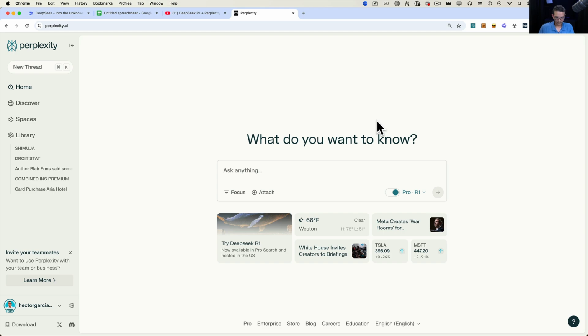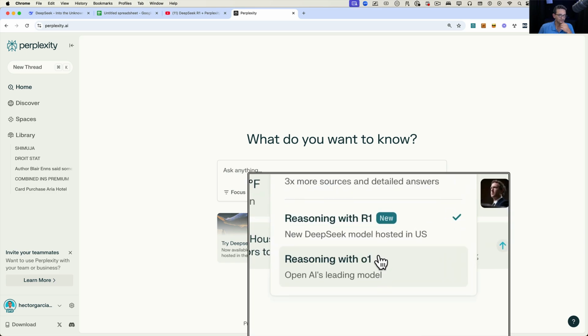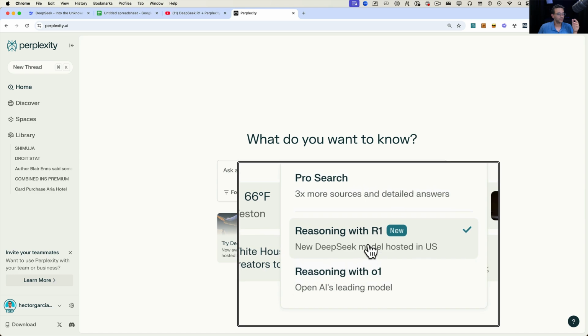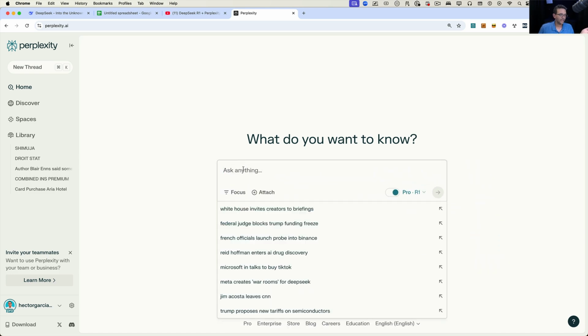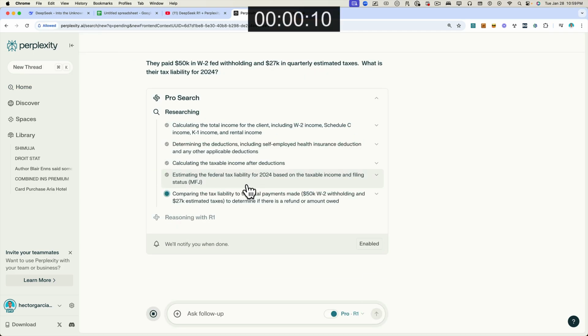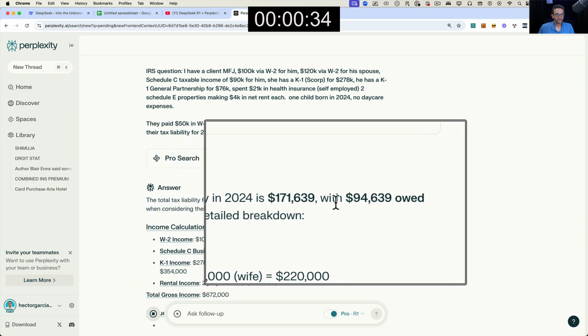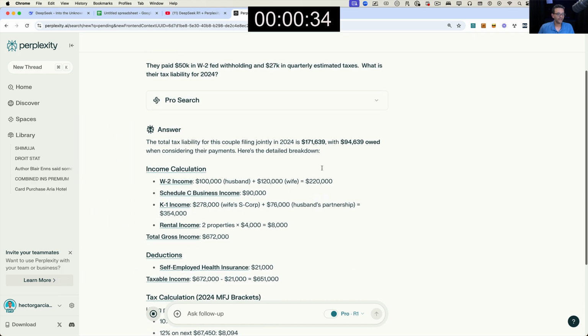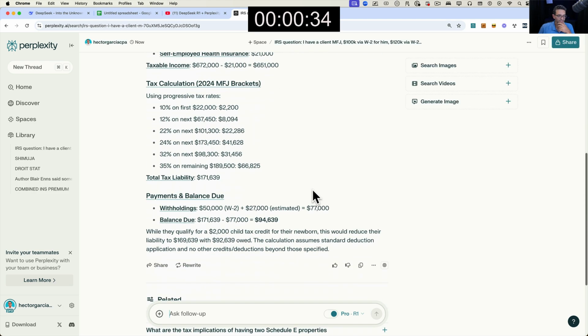It's also worth mentioning Perplexity. Now the cool thing is that Deepseek is also available in AI tools like Perplexity that allow you to choose which model you want to use. So in Perplexity now, which is one of the most popular engines as well, you can choose whether you want the O1 with reasoning or the Deepseek, which is really interesting. So we're going to ask Perplexity the same question and hit send and time that. So here's Perplexity's answer, much quicker, by the way, really interesting. And we get around 170 something thousand minus the 70 something thousand that was prepaid.